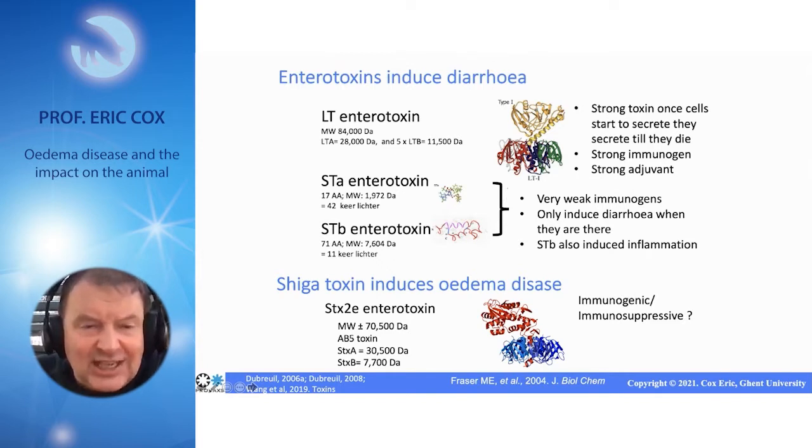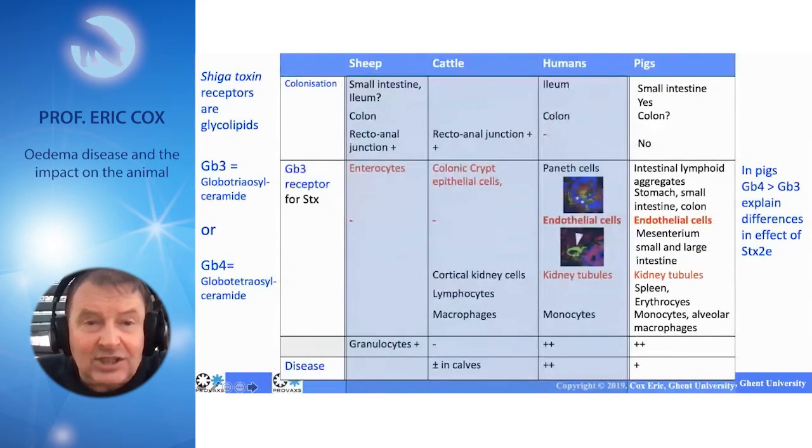Now, if you look at the Shiga toxin, it resembles a little bit the LT enterotoxin. It has a similar molecular weight, and it's also composed of an A subunit and a B subunit. And in fact, the B subunit consists of 5 binding sites. This is also the case for the LTB enterotoxin. So it binds to glycolipids on the cell membrane, and this shows you